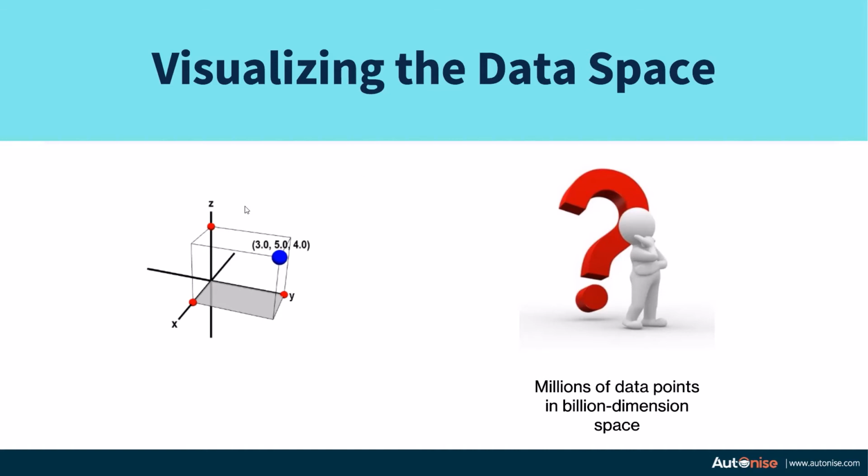And we are trying to compartmentalize by using the neural network's function. We feed in the data point and our neural network says which compartment the data point belongs to. So our neural network is learning the compartments of the data space. So this is what our task is, and it will be good if you can visualize your task in the data space. So how do we visualize a data space which has a billion dimensions?